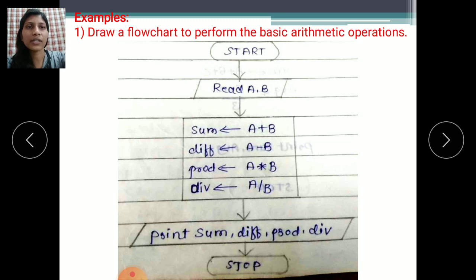See, first one is start. We use the oval shape to write down the start and stop operations. If you want to write down the start and stop steps, use the oval symbol. The name of this symbol is oval symbol.